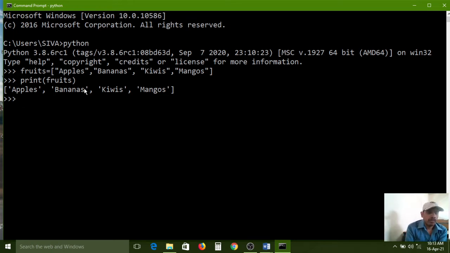Whatever the fruits list contains, all items are shown on the screen now. So if you want to access all elements, simply pass the list name as an argument in the print function. The print function will access whatever elements we have in the fruits list and print all the fruits on the screen like this.